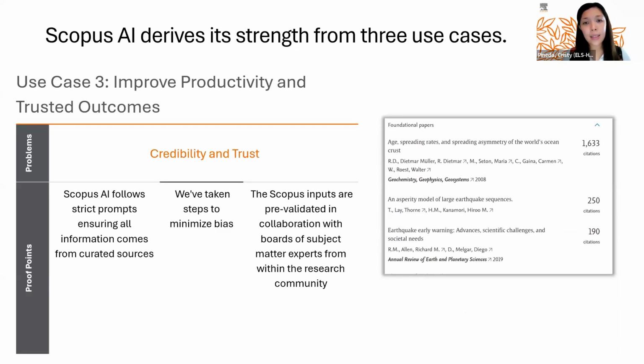So because of this, you don't need to spend a lot of time looking one by one at the abstract, looking at the particular specific journal or an article within a journal, and assess this one by one, but with Scopus AI, it could assist you with that.